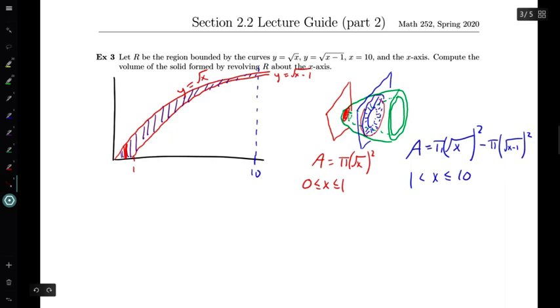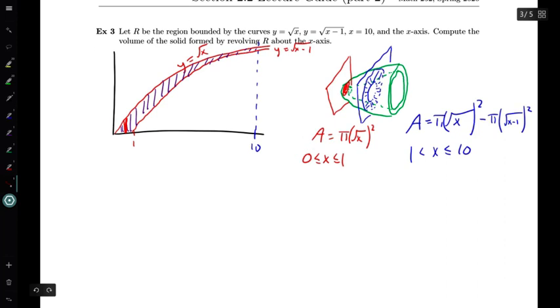And so we're going to call this the washer method because we are thinking about these cross sections as washers. With the washer, we said the cross-sectional area was pi times the radius of the larger function squared minus pi times the smaller function squared. To compute the volume of this whole thing, we want to integrate these functions according to their domains. So the cross-sectional area between 0 and 1 has its